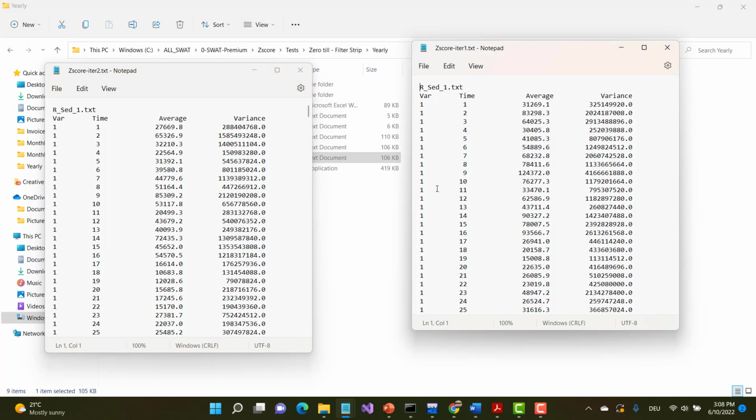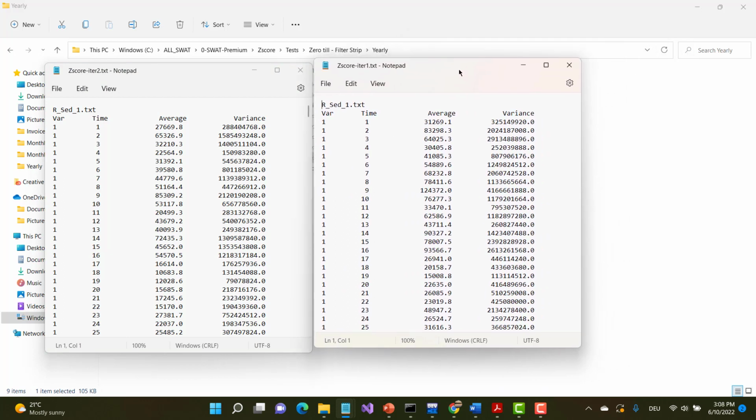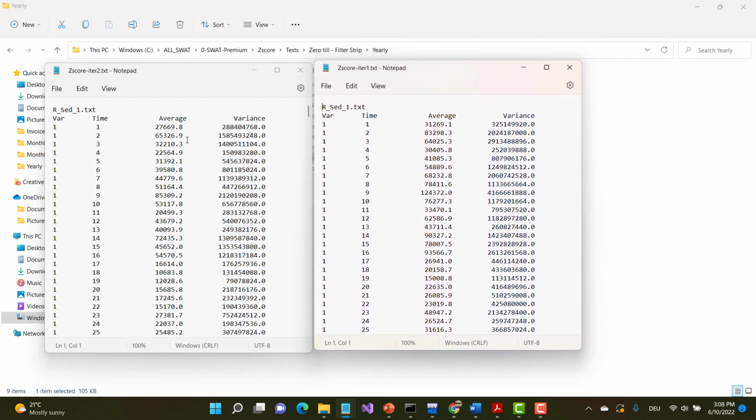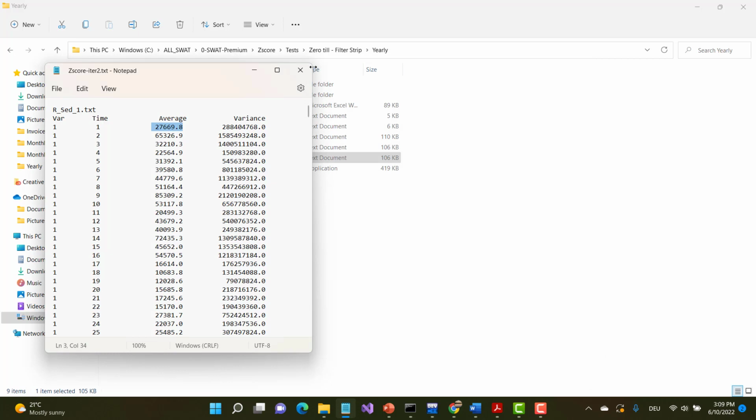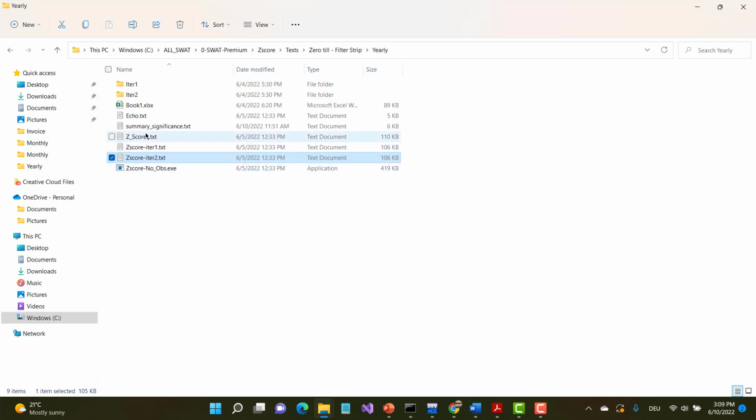Okay, this one. All right, so here you can see also the difference. So this average, this is annual run. This is for filter strip, and this is for zero till. So you can see filter strip is less than zero till, right, in this example. So you can do some analysis here with these numbers, but then the next file would be